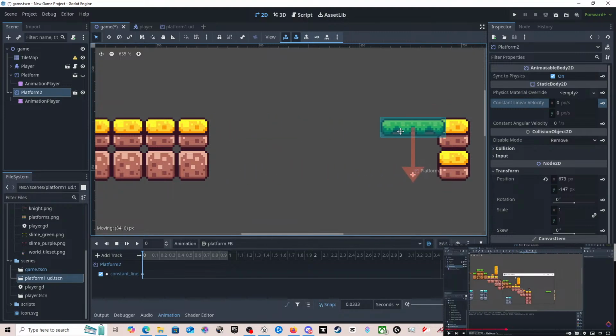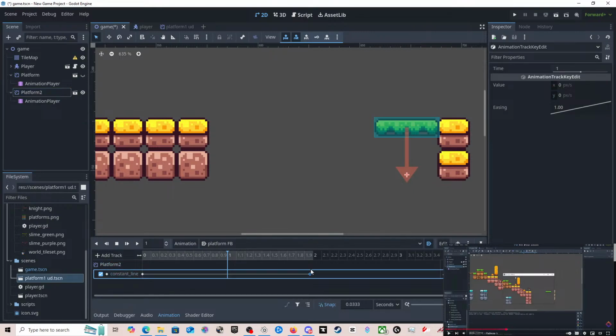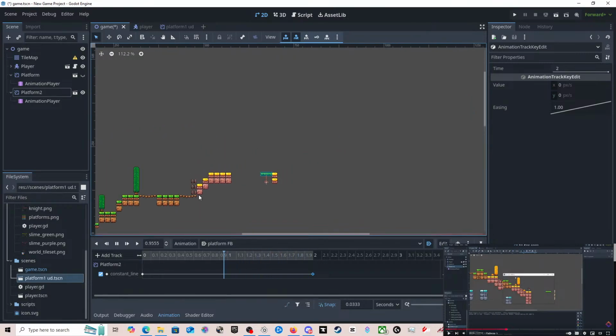Then we go over to there, and then we drag that to there. Keyframe, and we'll do that to repeat that way, back and forward. Drag to there. Play. What?